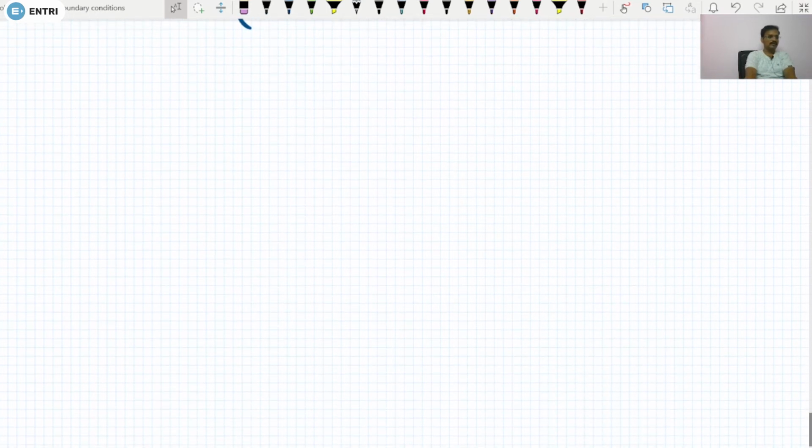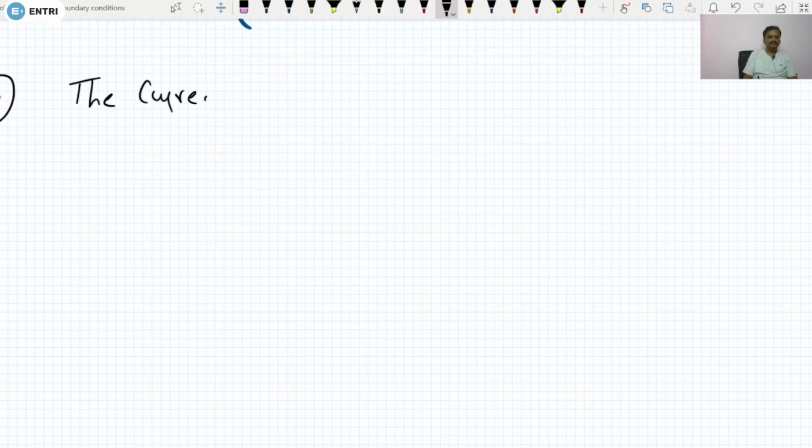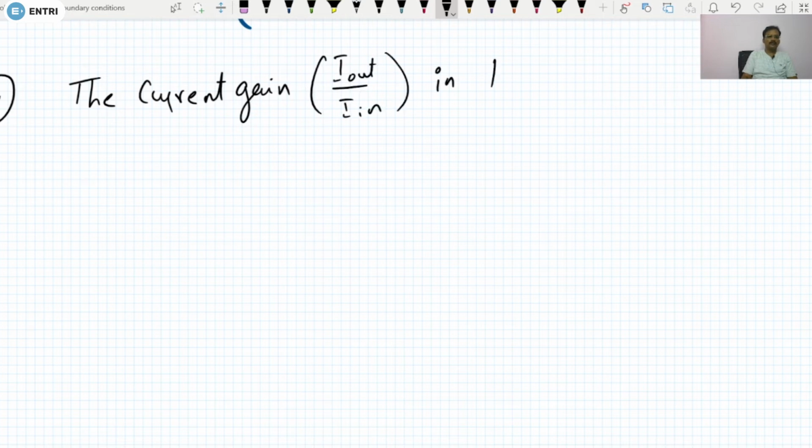So we have completed how many questions here? We have completed, I think, 3 questions, right? So next, we'll write down the 4th question here. What they have given here is the current gain, I out by I in, in the circuit